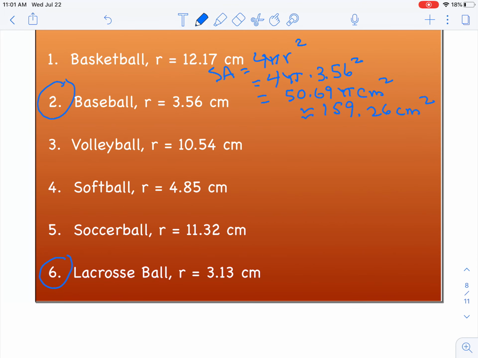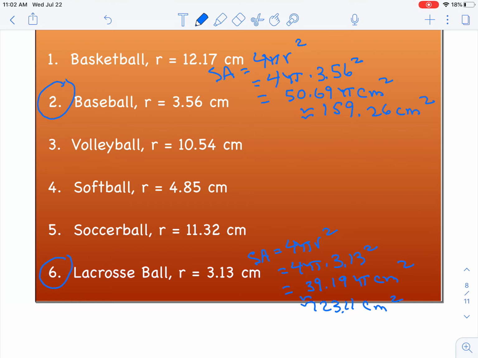So let's compare that to the lacrosse ball. So the lacrosse ball, again, the surface area is 4 pi r squared, or 4 times pi times 3.13 squared. So as an exact answer, that is 39.19 pi centimeters squared, and an approximate value of 123.11 centimeters squared. So look at just having from 3.56